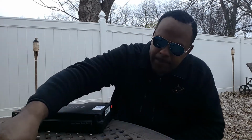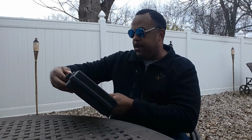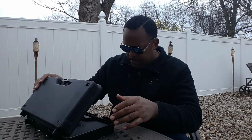But yeah, back to the Canik. On the box it says Superior Handgun. So again, this is a special edition, and again, I only bought it because I like the way it looks and the color of it. And I did research like I always do whenever I see a gun that I feel like I want to purchase. I will go on YouTube and look at some visuals and things of that nature. So anyway, without further ado,